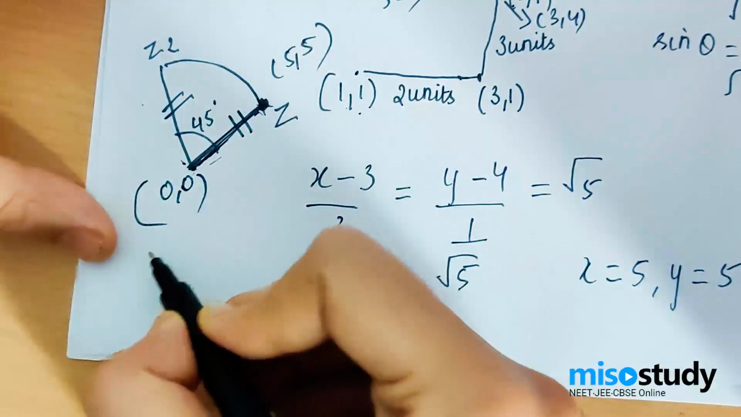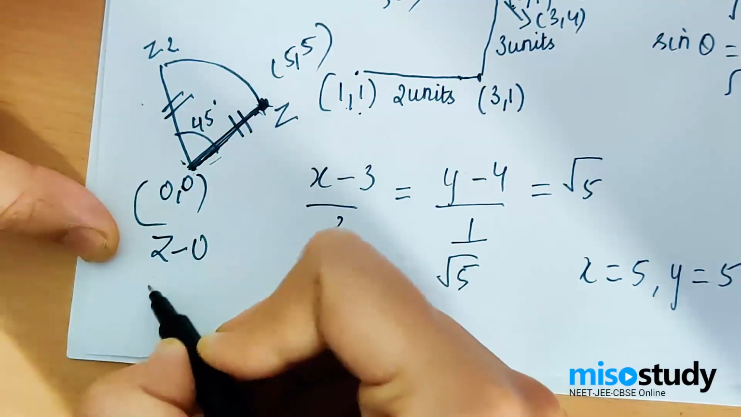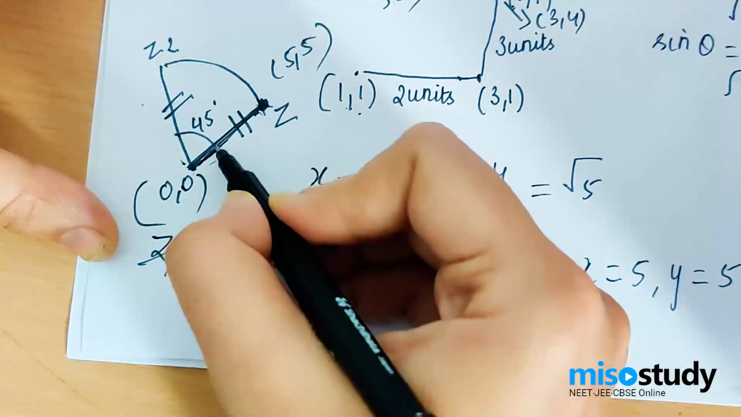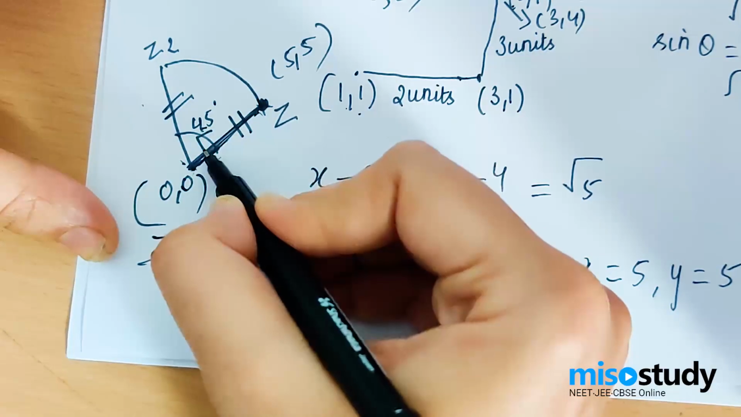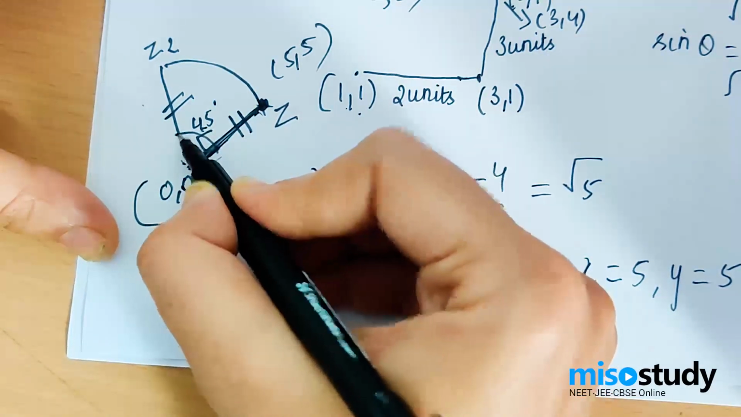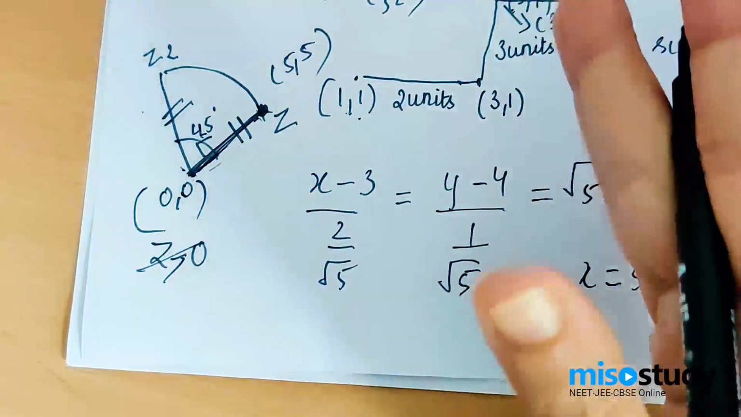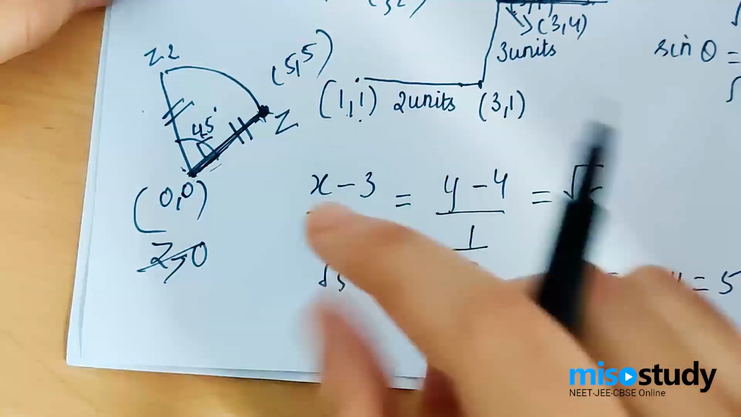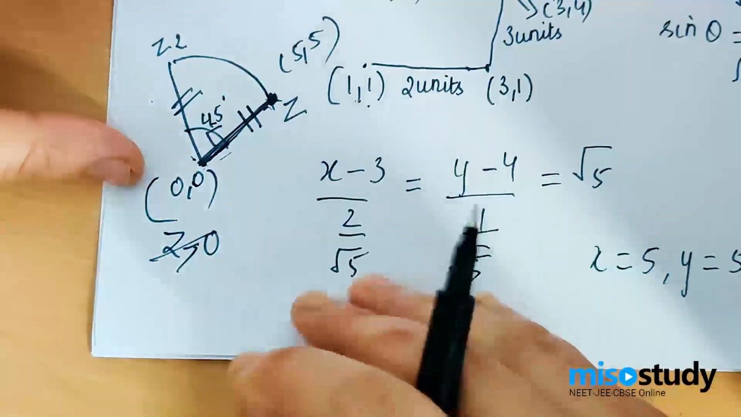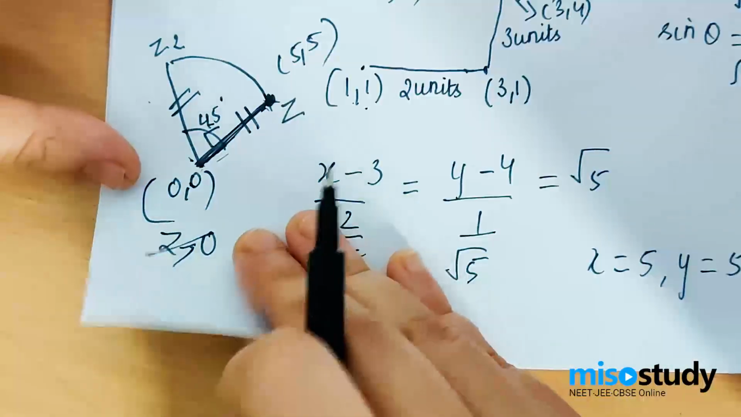It says z minus 0. Now since this is going in the anti-clockwise direction, the place where you reach has to be kept in the numerator, and the other one has to be kept in the denominator, which is the rule of the rotation theorem. So if I apply the rotation theorem here, I will have